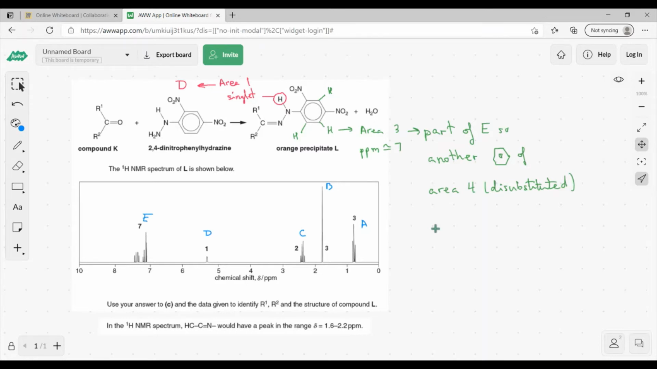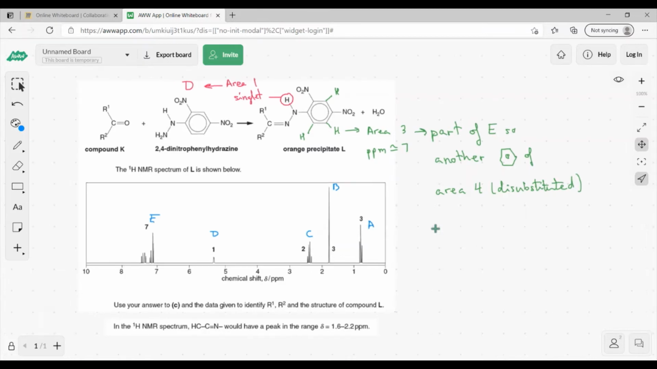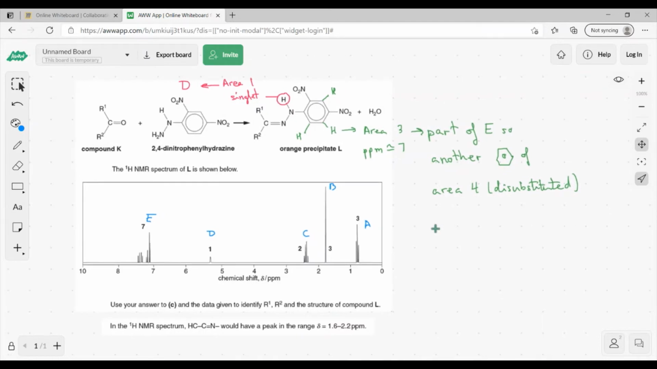For example, we have here 3 hydrogens on the benzene ring, so you would expect a peak of area 3 and a ppm around 7. So that will be this peak here. But as you can see, you have 2 peaks, but they only give you one area value, which is 7. So that suggests that there are 2 benzene rings, one with area 3, one with area 4, which is quite